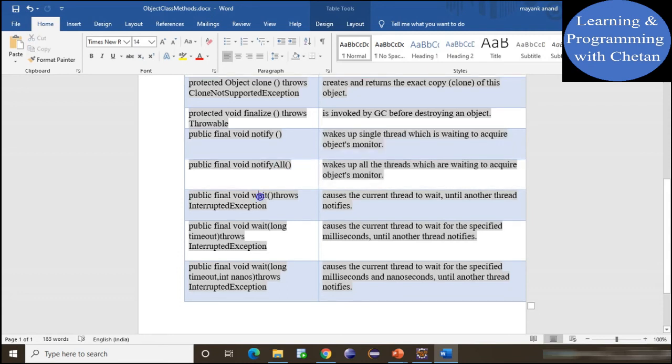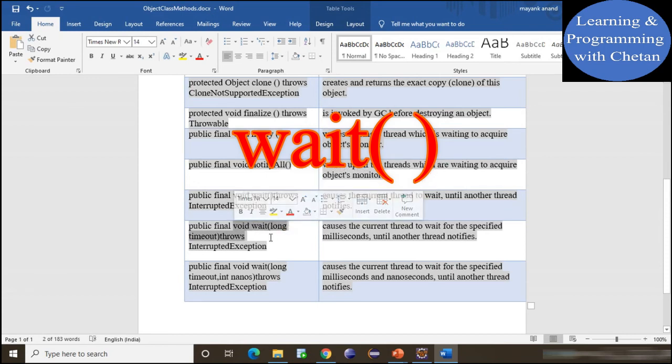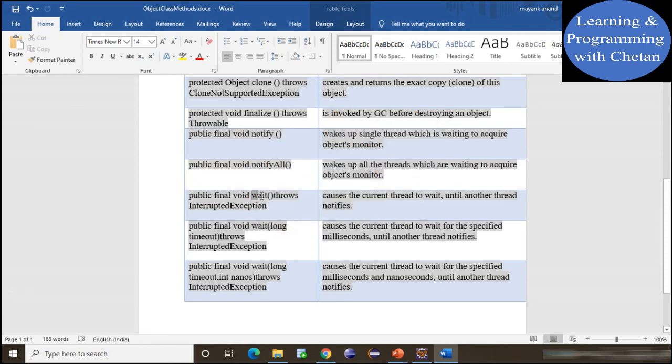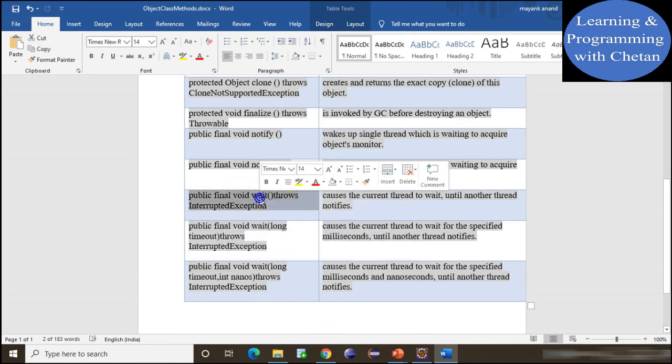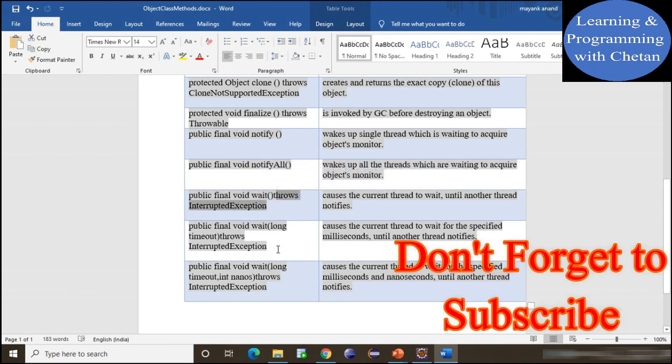And friends, there are a total of 3 methods present inside our Object class with the name wait, and these 3 methods are implemented using the method overloading concept. Here you can see the wait method with no parameter, and another wait method accepting one parameter named timeout. And we have one more wait method inside our Object class which accepts 2 parameters, timeout and nanos. All these methods are public and final by default, which means that we cannot override the wait method. And you can notice that all these three methods throw an InterruptedException.